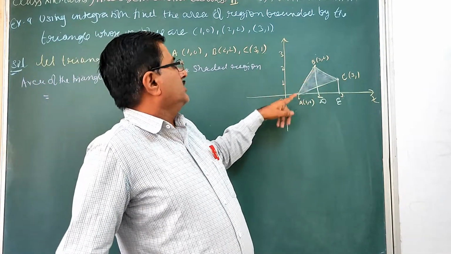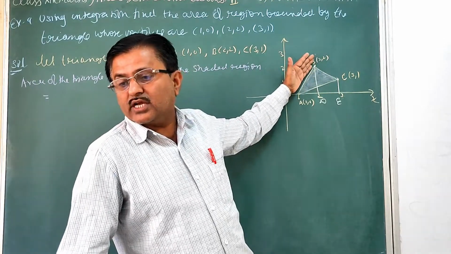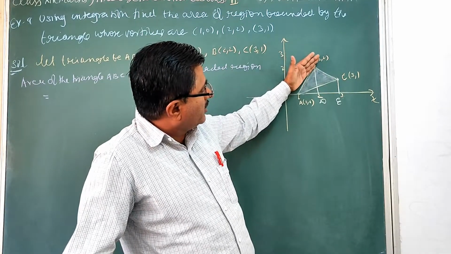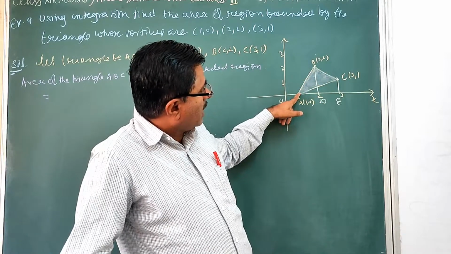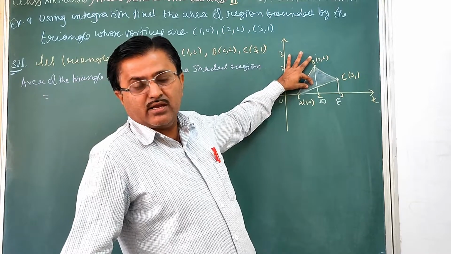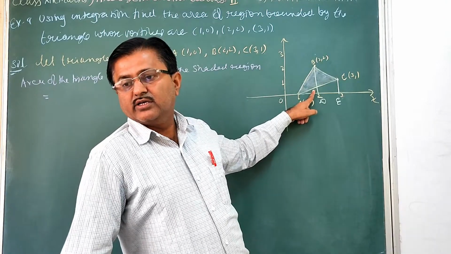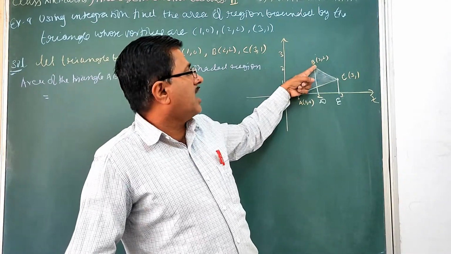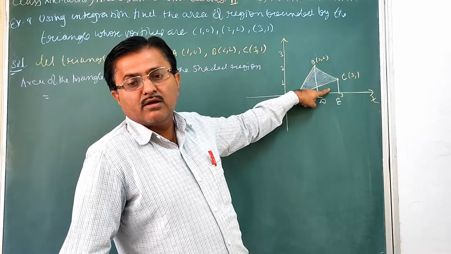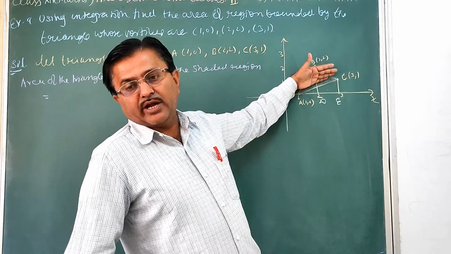So as you see, this line AB is covered area on x-axis. If you want to find the area covered by AB, it means this small shaded portion plus this small unshaded region we get. Similarly, if you find the area covered by line BC, then we get this small shaded portion plus this unshaded. But we require only shaded portion.